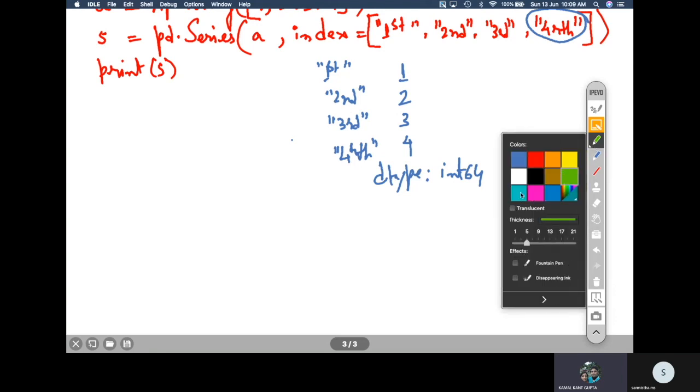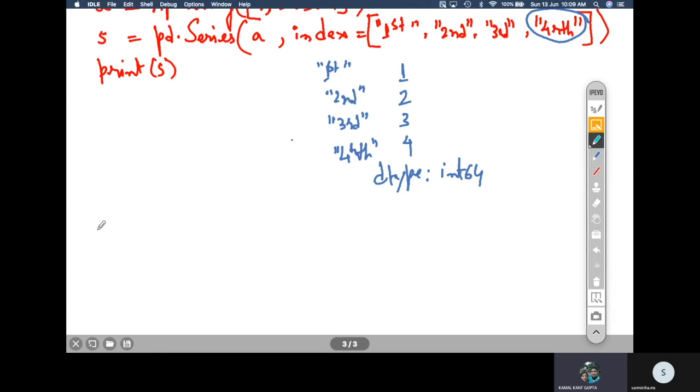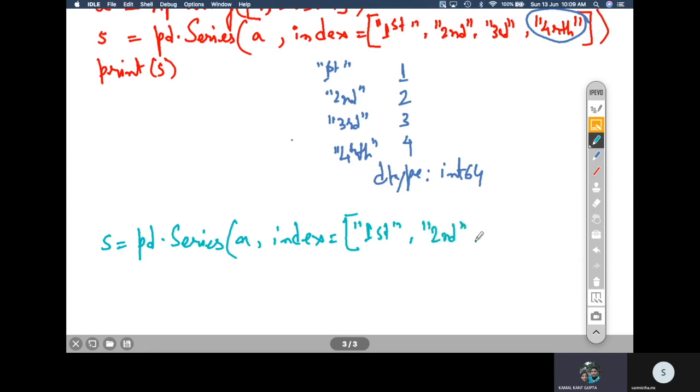Will the code execute or will there be any error? There should be an error, right? An error will be raised.